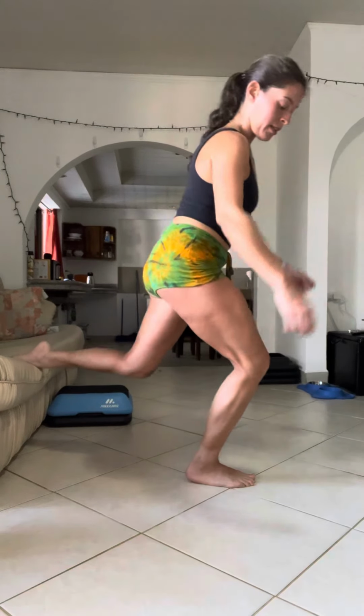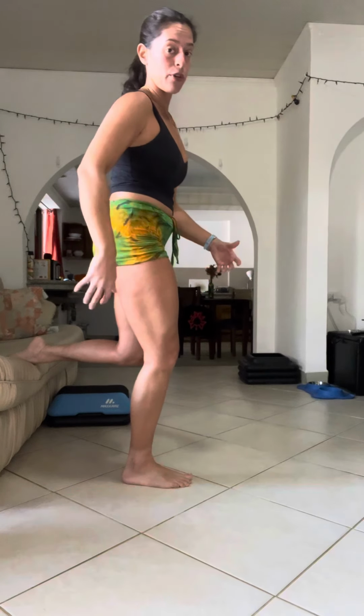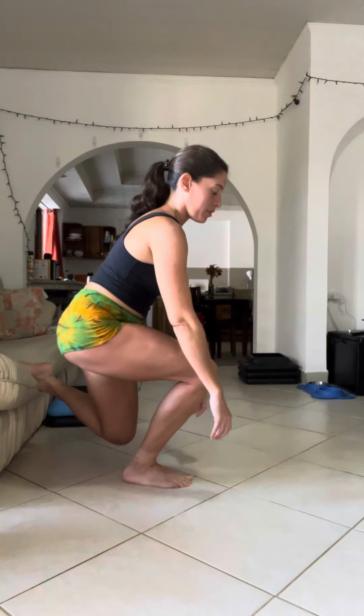Common mistake is people will come down, they'll have their foot way too far ahead of them, and then they're pushing too much through the back foot and then standing up like so. So when you set it up, you don't need too much distance between both feet. If you're finding that all the weight's going forward, you just need to have your hip go back as your knee goes forward, and that's going to clear some room for you to get down and then push really, really